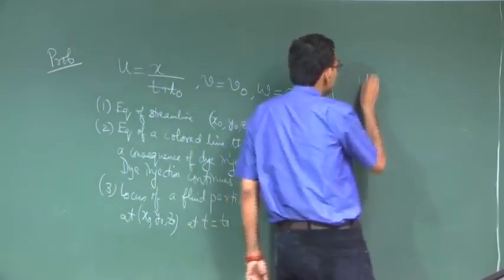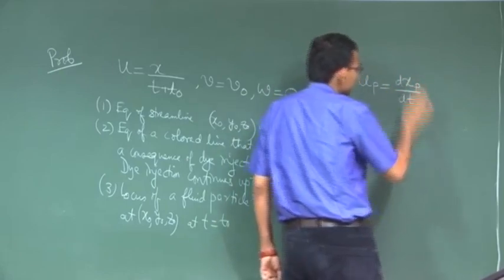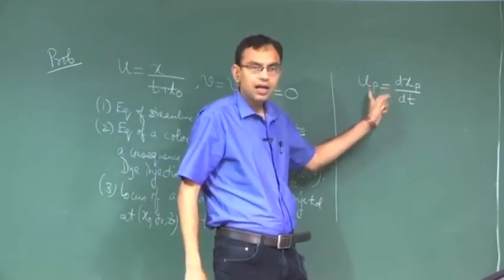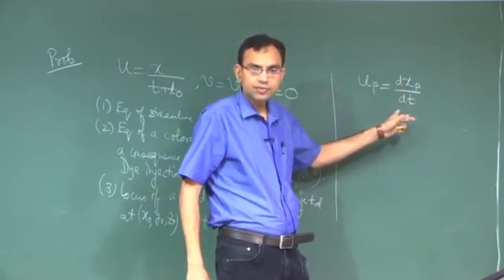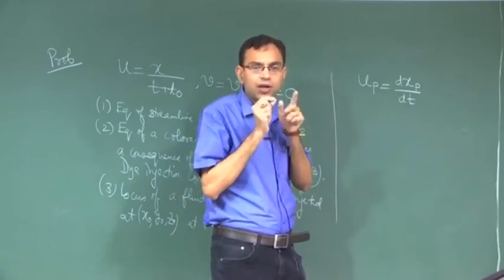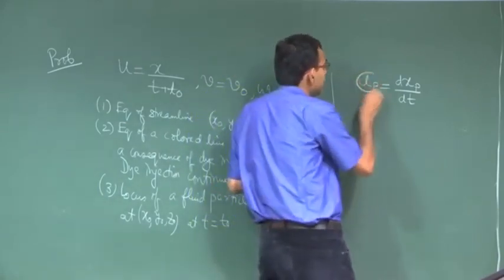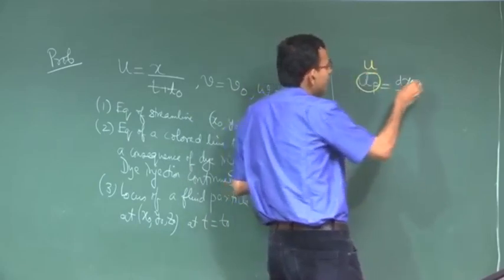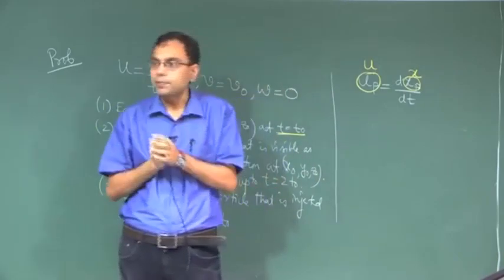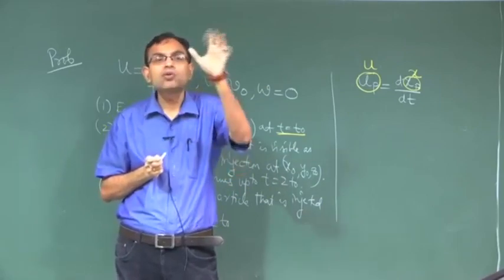So when you write the velocity of the particle, this is the relationship between the velocity of the particle and the rate of change of position. Because at a given point the velocity of a fluid particle is the same as the velocity of the flow at that point, the Eulerian and Lagrangian descriptions merge. This is u, and normally x of the particle is the same as x. So this is a conceptual gap. In the books the solution straight away writes u equal to dx dt.